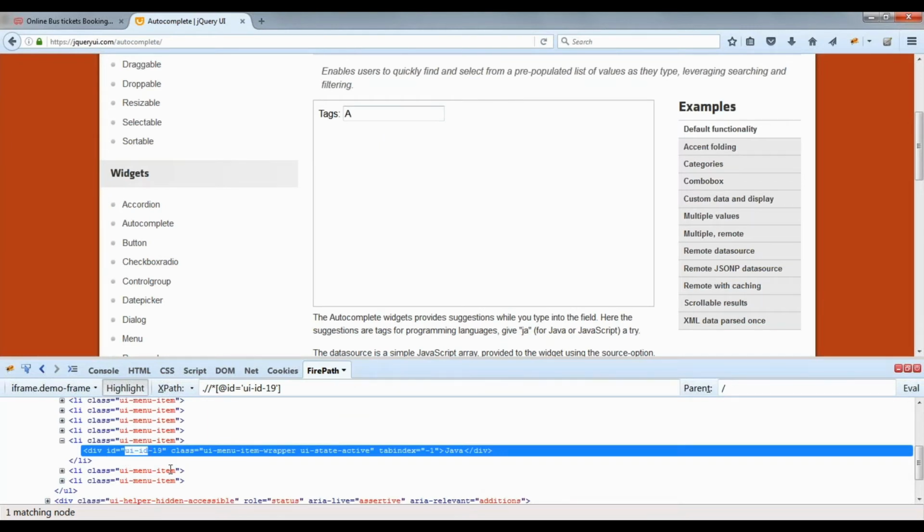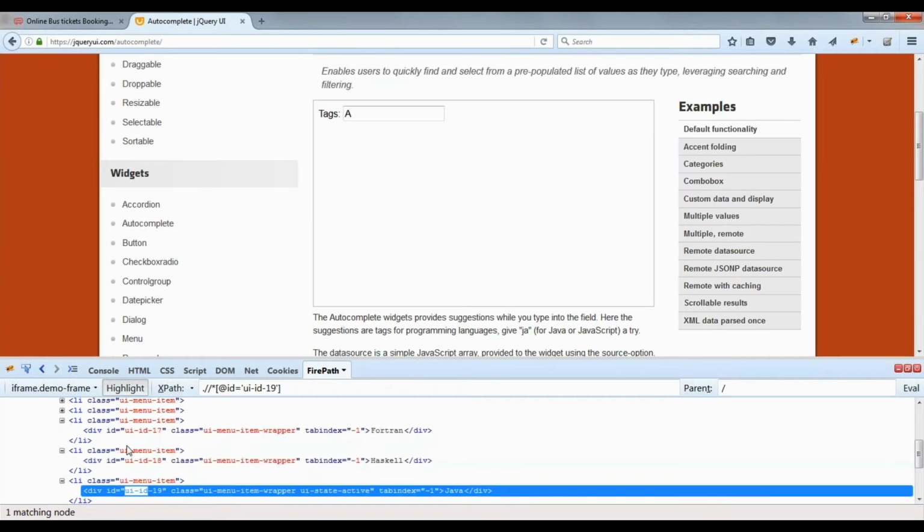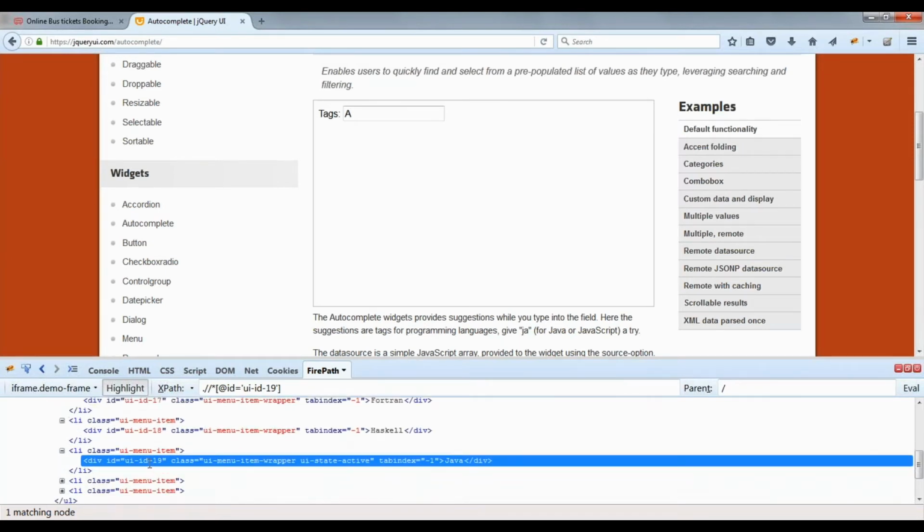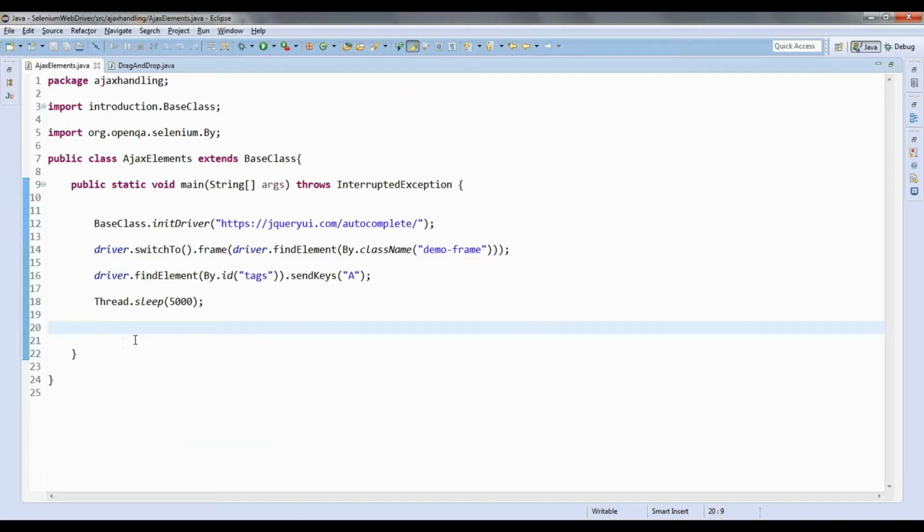So how will I write a dynamic XPath for this? You can see here this is 18, this is 17, this is 18, and this is 19. How will I write a dynamic XPath for this? Can you guys explain me now? Because we have considered a lot of XPaths here, starting from driver dot find element by dot XPath. So what is that XPath? How exactly will I write it?